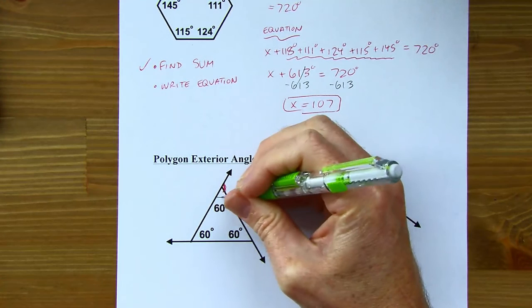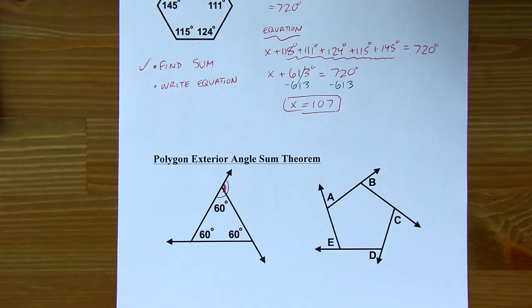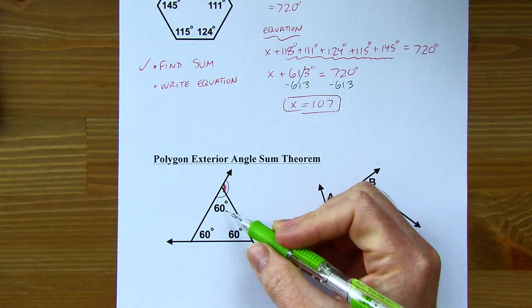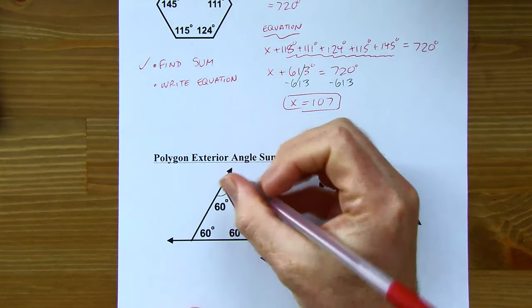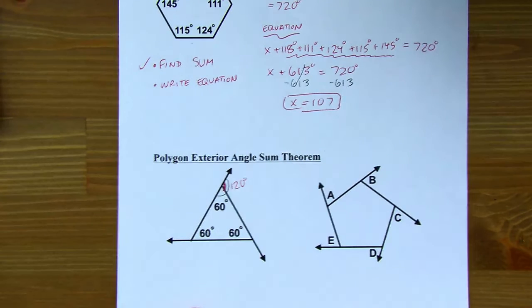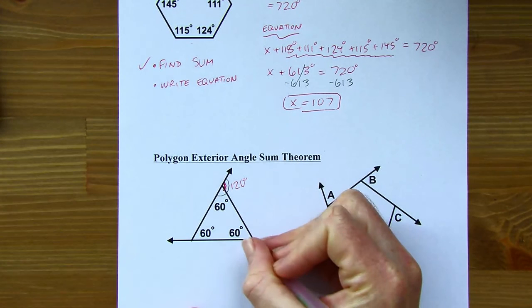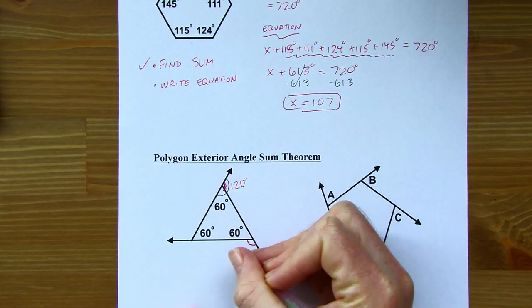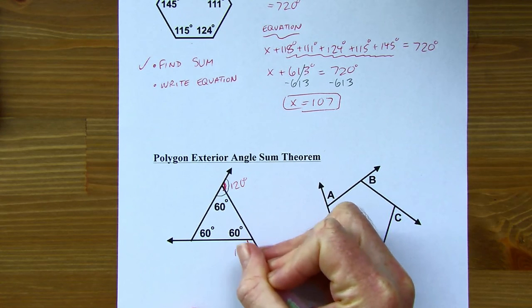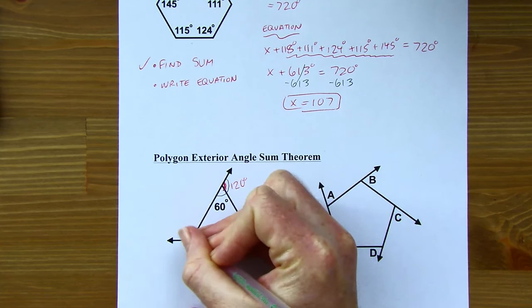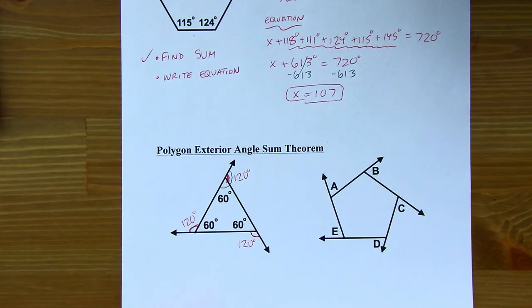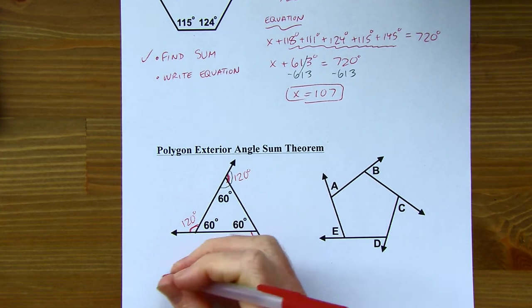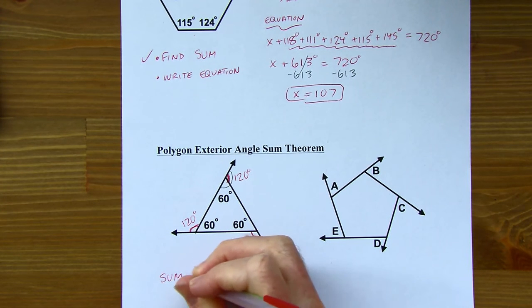Well, I've got a linear pair right there, right? So I know this angle plus 60 degrees is going to equal 180. So that's going to be 120, right? And hey, I got the same thing over here, right? This plus 60 is going to be 180. And the same thing right here. So there's my three exterior angles in this diagram, okay? And let's see what happens when we add those up. So my sum here of the exterior angles